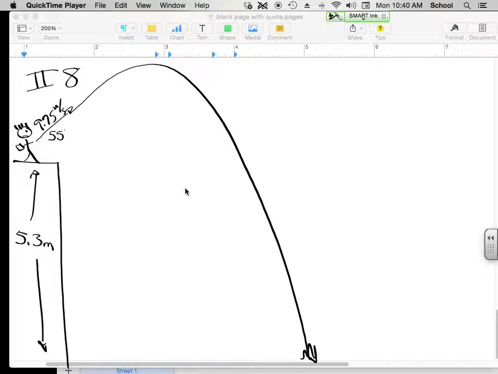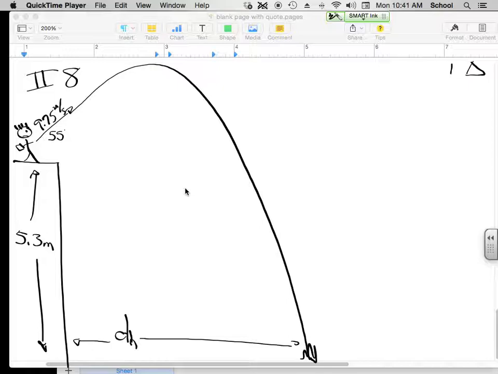So here we cannot just use the range equation. We're looking for how far over did it go, so we're looking for dH. But we can't use the range equation because the range equation only works when time up and time down are the same. Is time up and time down the same here? No, clearly the time down is bigger than the time up. So the first thing we want to do is